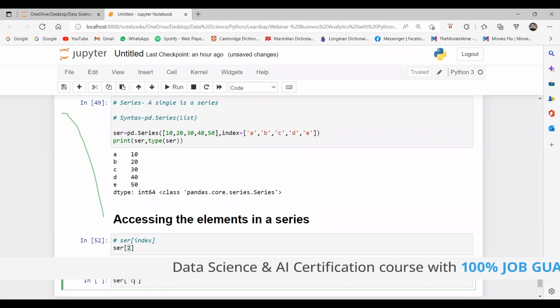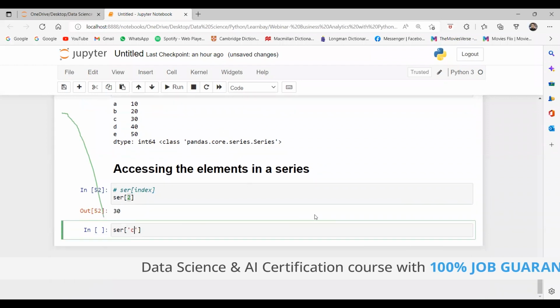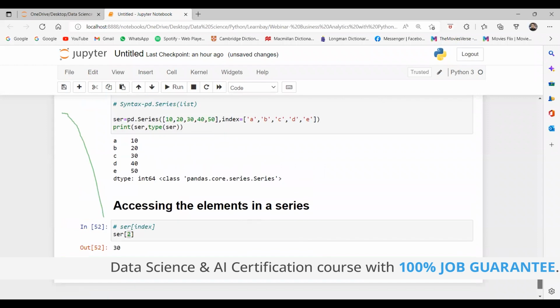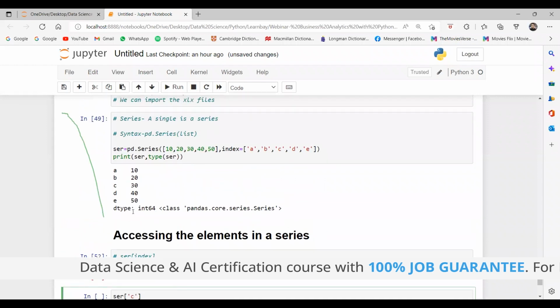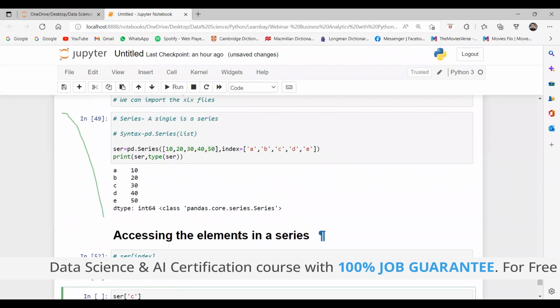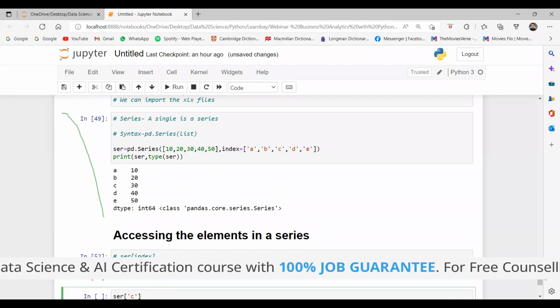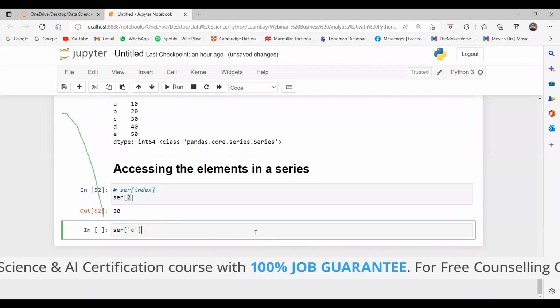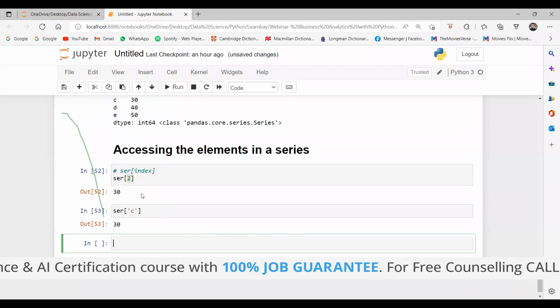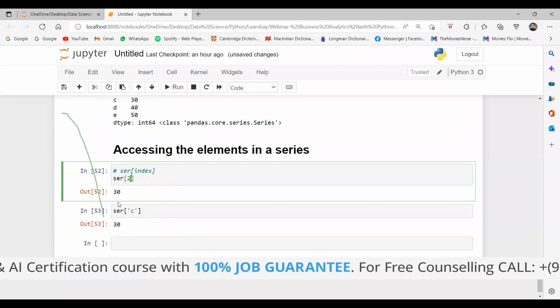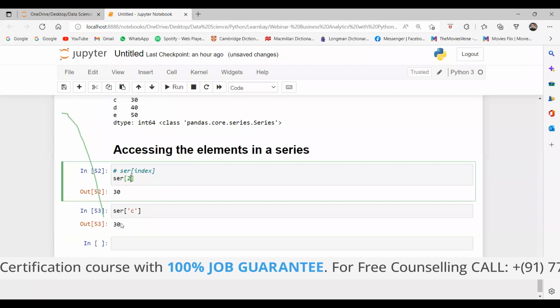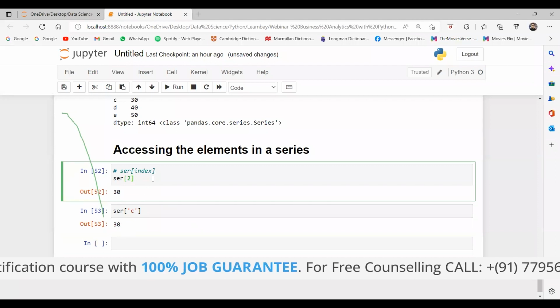See, series has two indexes. One is defined by the series that starts from 0: 0, 1, 2, 3, 4. Another one is defined by the user, and we have defined A, B, C, D, E, yes or no? So to access any element, you can use either one. Whether you use 2 or C, you still get the same output. Fine, guys?